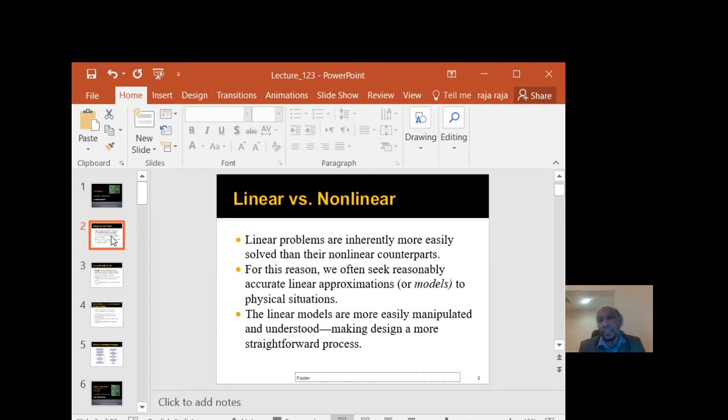So what do the mathematicians, engineers and scientists do? First they convert this non-linear problem into a linear approximation problem mathematically. Then they find the solution of this type of problem. So from this slide we understand linear and non-linear problems. For linear we can very easily find the solution, but for non-linear we first have to convert to linear approximations or models of the physical situation, then find the solution of the non-linear problem. This is the basic fundamental concept of linear and non-linear problems.